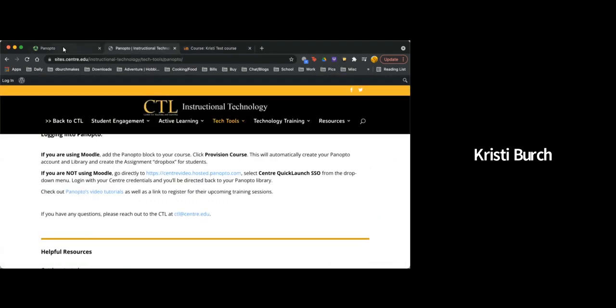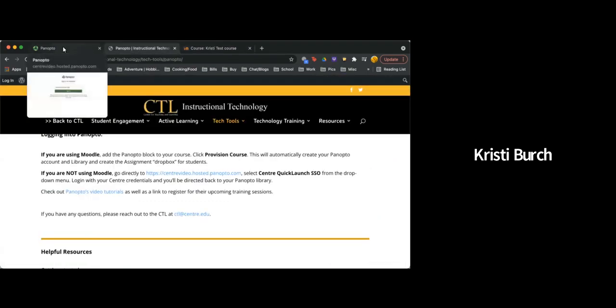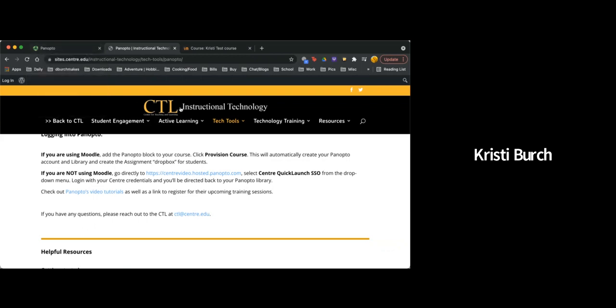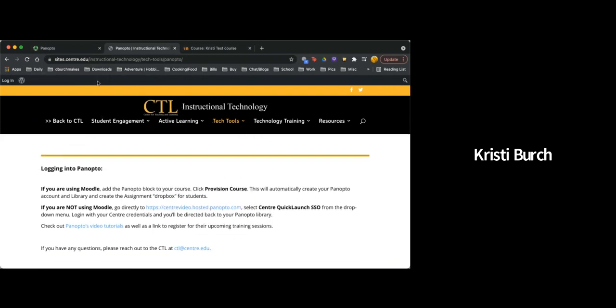In this video, we're going to walk through logging into Panopto and adding the Panopto block to your Moodle course. So firstly, you can get to Panopto through the CTL site,